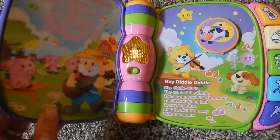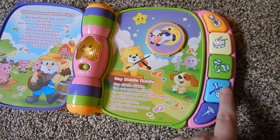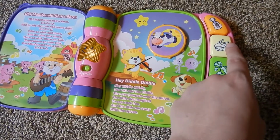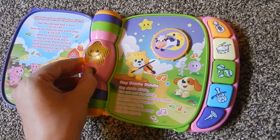So it's got lots of great songs. Old May purple, blue, green, yellow, orange. And then if you switch it to music mode,